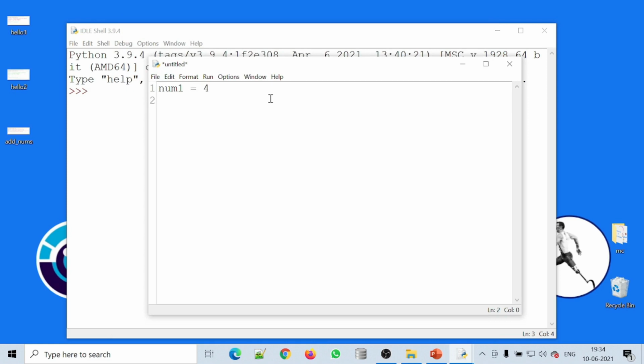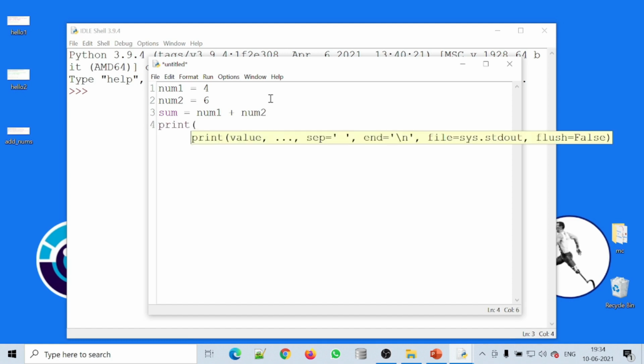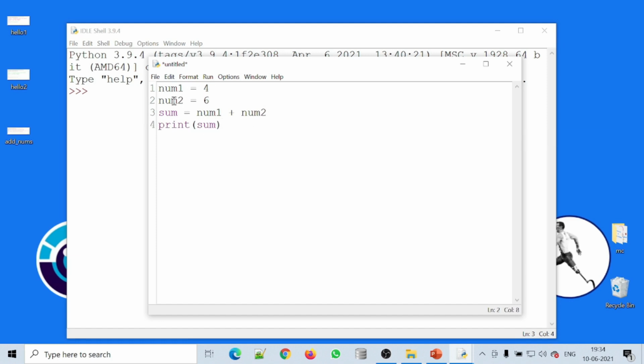First, let us assign the numbers to the variables number1 and number2. number1 is 4, number2 is 6, then sum is equal to number1 plus number2, and then print the sum. So this is the smallest program for adding two numbers. I am assigning 4 to number1, 6 to number2, and then adding the two numbers and printing the sum using a print command. Fine.